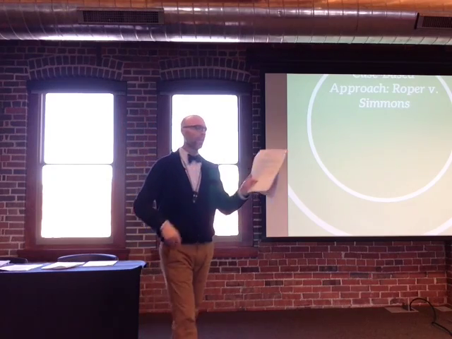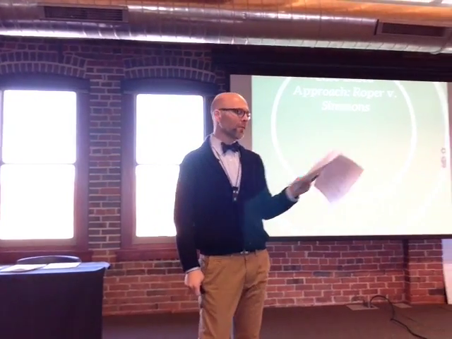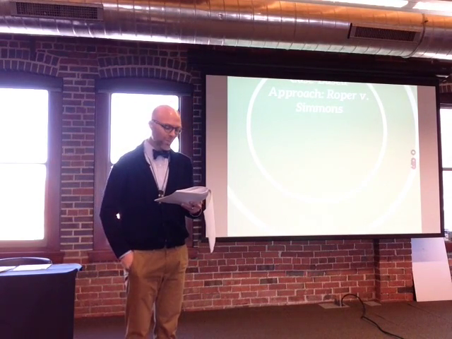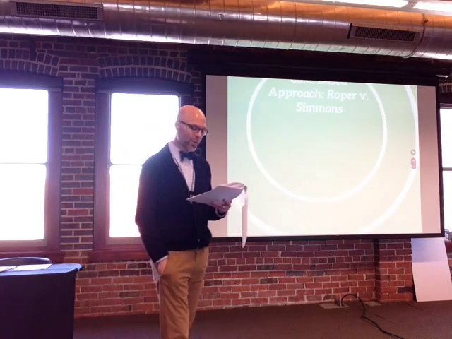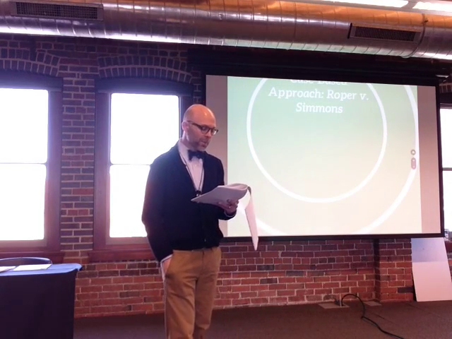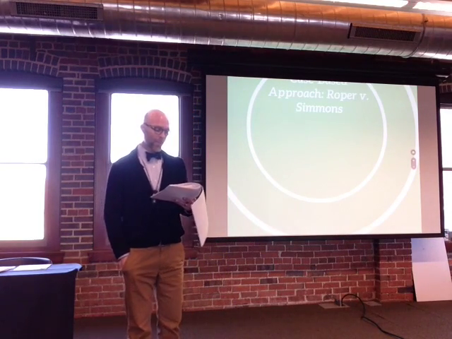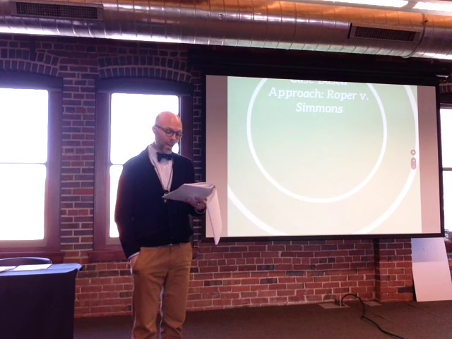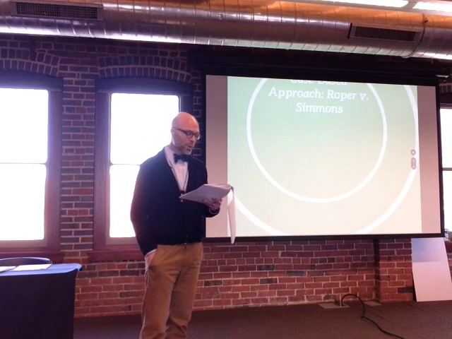I'll read you a little bit of the facts. I have, like I said, I have this brief for you. In September 1993, Christopher Simmons broke into the suburban St. Louis home of Shirley Crook with intention to rob and possibly kill her. Simmons and a friend tied the victim up with duct tape and drove her to a nearby state park. At the park, Simmons pushed the victim, who was still alive, off a bridge into the Merrimack River, where she drowned. Simmons was 17 years old at the time of the murder.